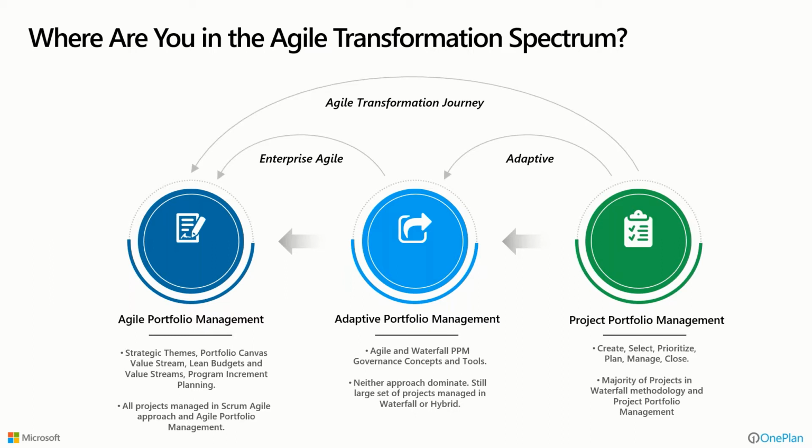Through that journey and during that transformation, they're going to find themselves in an adaptive portfolio management state where they still have a combination of these agile aspirations and the traditional waterfall that they've been in for a while. That may be a temporary state during the journey, but analysts like Gartner and Forrester are finding that very few organizations actually get all the way to full agile across the organization. Well over 80% of organizations are going to stay in an adaptive mode permanently,